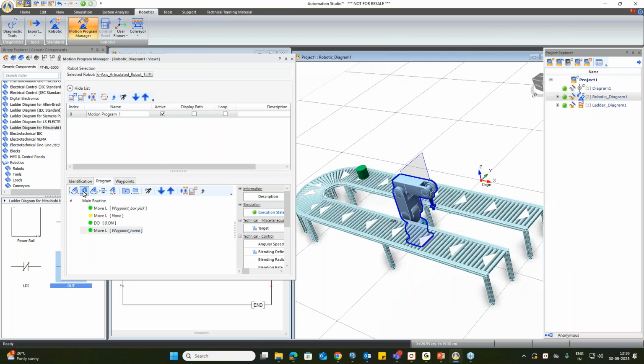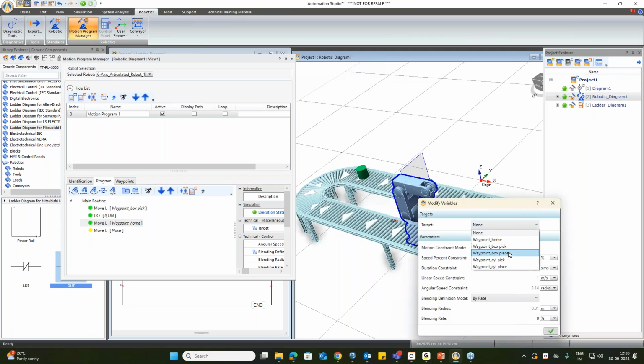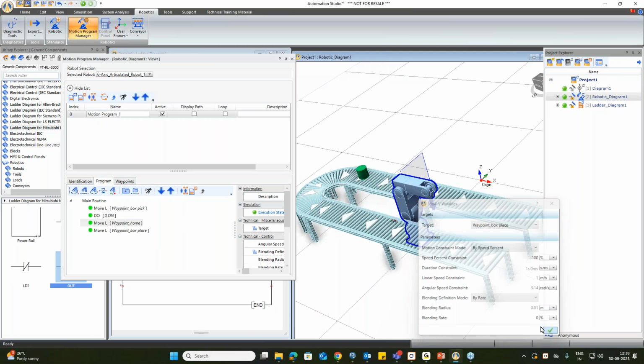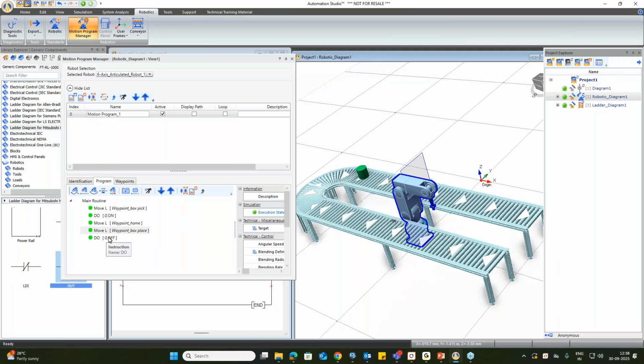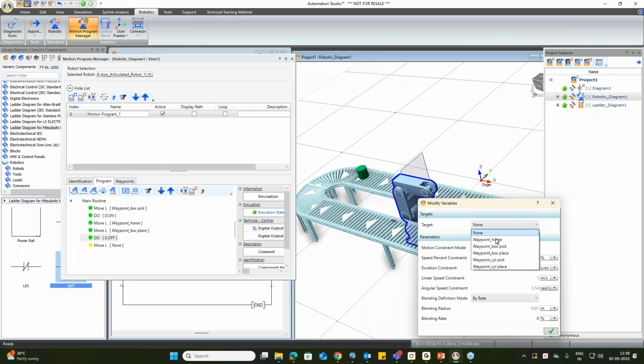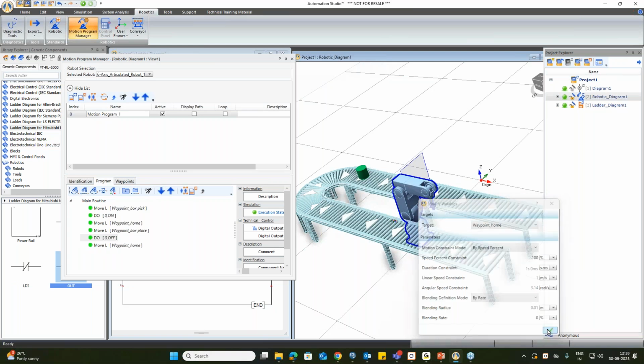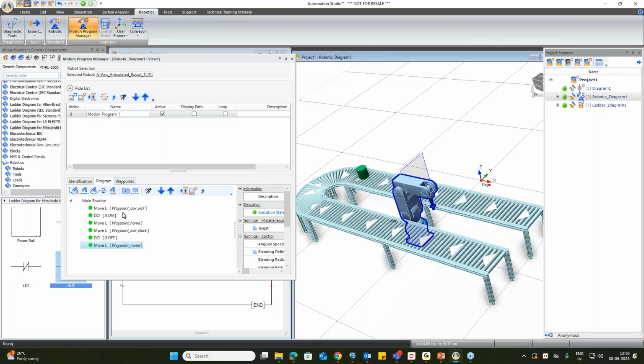Okay, and then it should travel to the box place and it will take D off. Okay, so I have placed this object on this other conveyor. Okay, and again it should move to home position so that it should again pick this cylinder, right? So this is the program for your box, but now I have to create the program for the